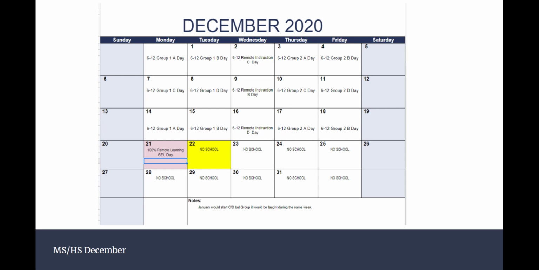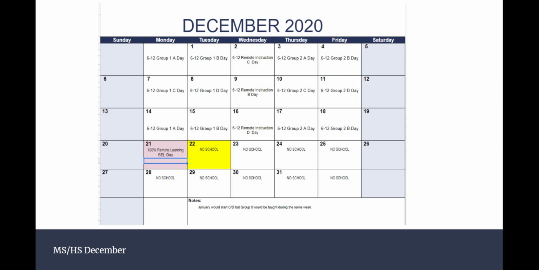What you'll see here in December is that we will now have 3 full weeks of school where our Group 1 students will continue to be here on Mondays and Tuesdays. Our Group 2 students will continue to be in person on Thursdays and Fridays. Again, in order to end successfully and enjoy our December break and come back to school in January with the same cycle, we needed to do something different on December 21st and December 22nd.